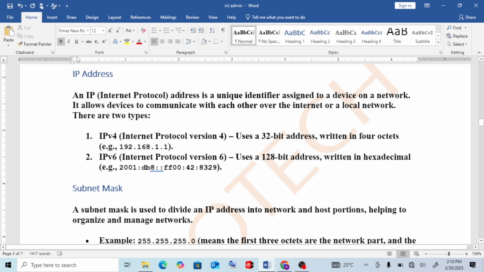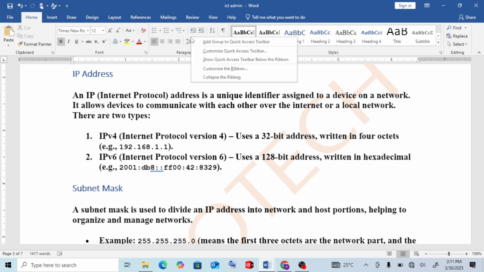So from there, you come on top of the Word interface here. On top, you look for the References tab. But if you are not seeing the References tab, meaning it was not pinned in the toolbar, you right click anywhere in the ribbon and select Customize Quick Access Toolbar.